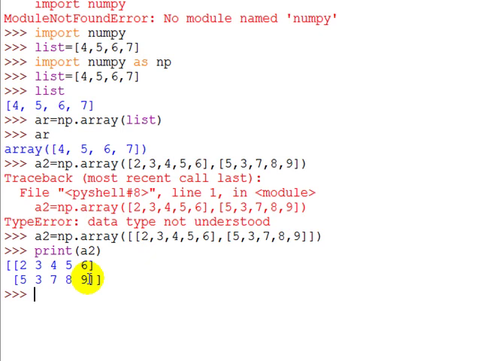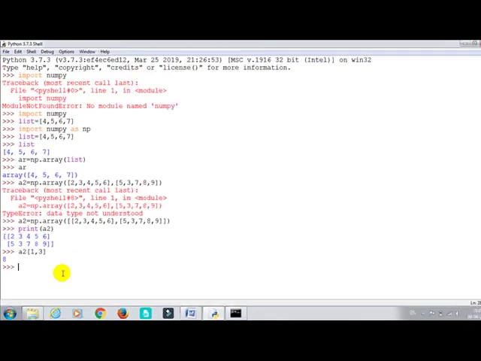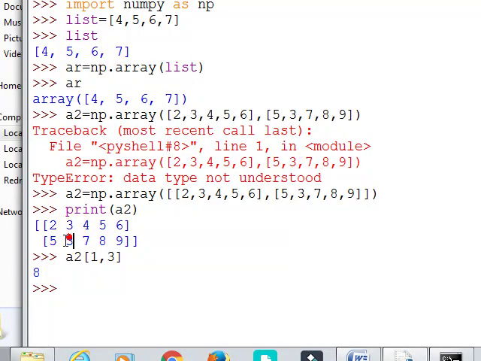Clear? Now next, if I have to access any value from array a2 at a particular index, I want the first row and third column. First row means 0, that is 1, and third column is 0 1 2, that is the third column.